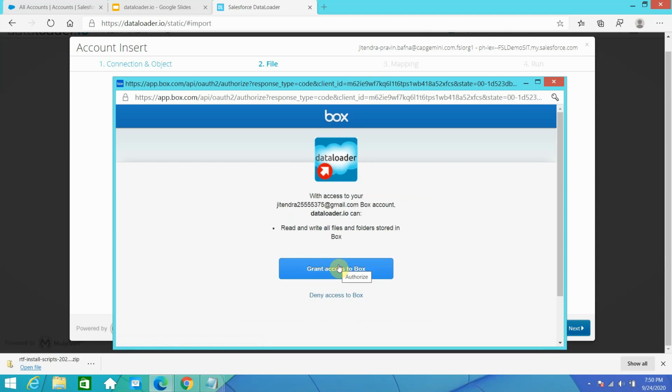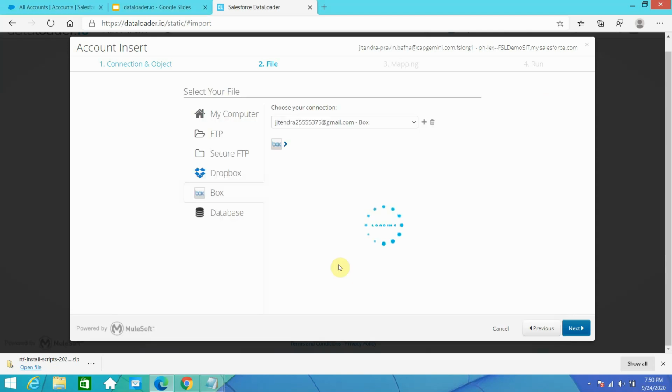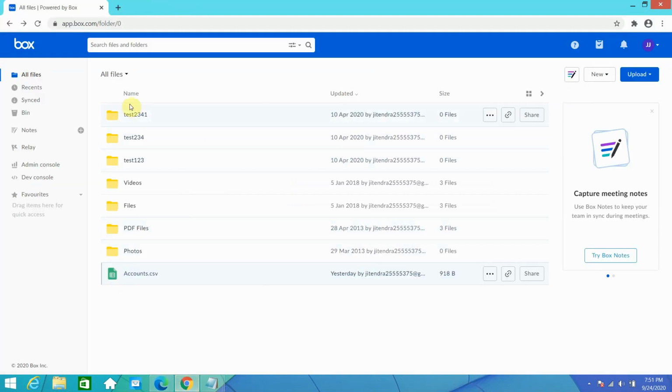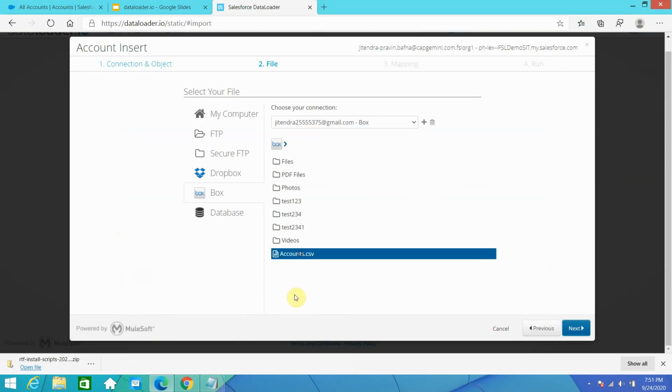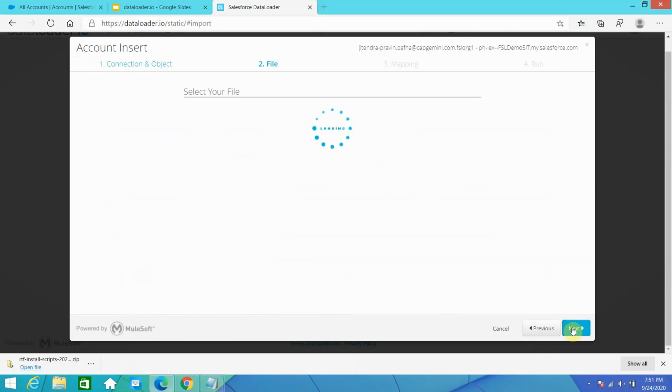Once authorized, you have to grant access to Box. Now you will see all the files and folders available in your Box storage. I want to process this account.csv file, so I will select that file.